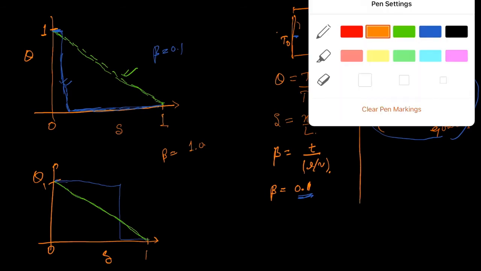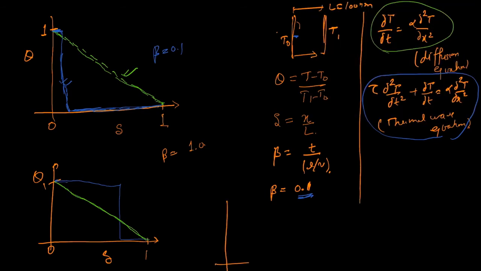So let's proceed further in delay. Let's look at this delta, and we are looking at theta, again 0 to 1. If we look at the steady state condition, so basically beta tends to infinity, the thermal wave front would equilibrate. So this is the thermal wave front, and the diffusion equation would exactly overlap with that. Eventually in the steady state, they would exactly overlap.